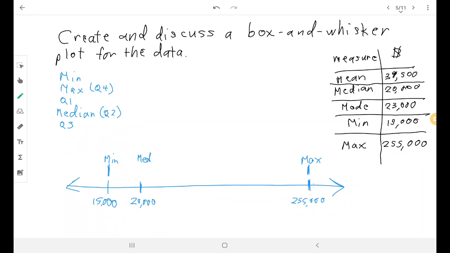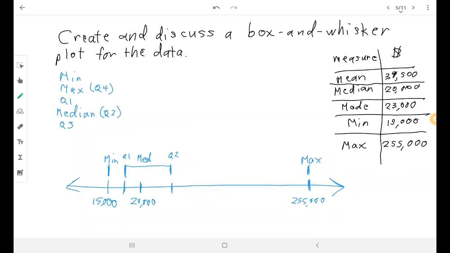That's your median. And then you have a couple more things that you have to mark. You have to mark your Q1, which they don't actually tell us what that is, but let's say our Q1 is right there, and you have to mark your Q2, and let's say our Q2 is right there,